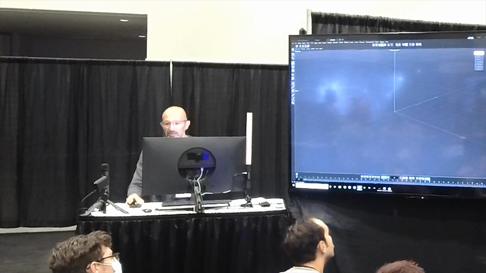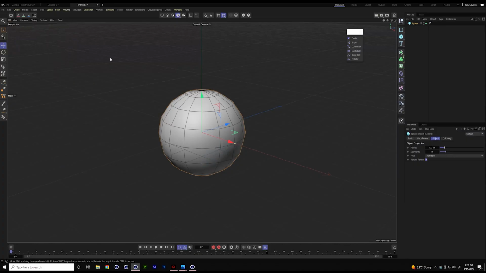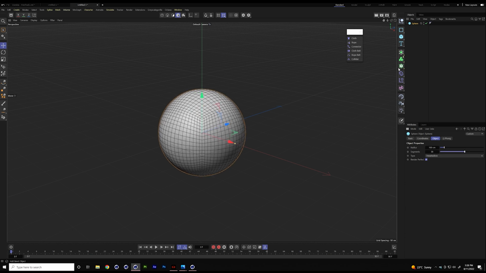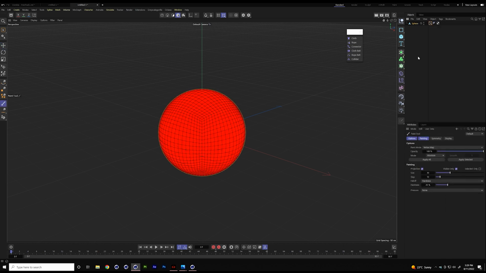Let's make an exploding pumpkin, or watermelon, or anything you want. So let's get a hexahedron. I'm going to increase the density a bit, and I'm going to make it editable. And what I'm going to do is right click here and say I want to add a vertex map. Now let me add it here. I'm going to use it in a second.